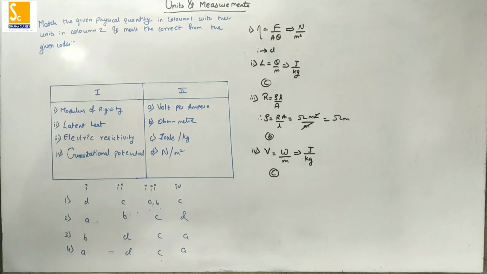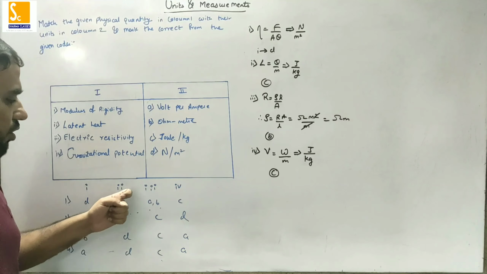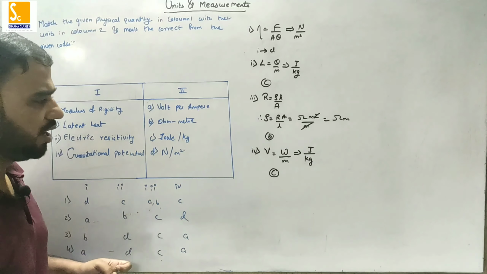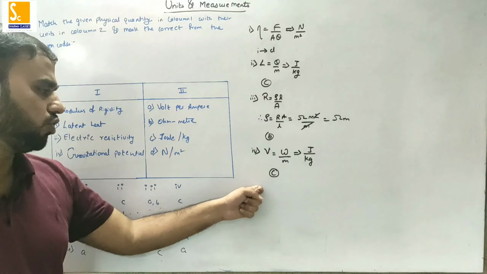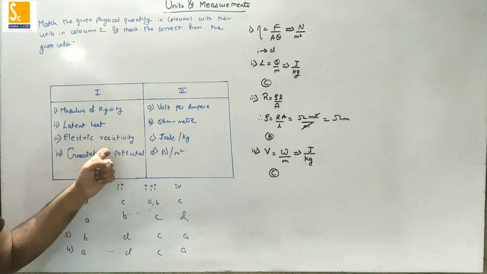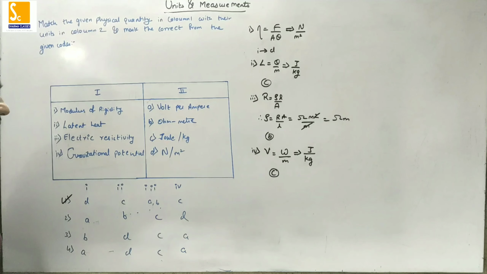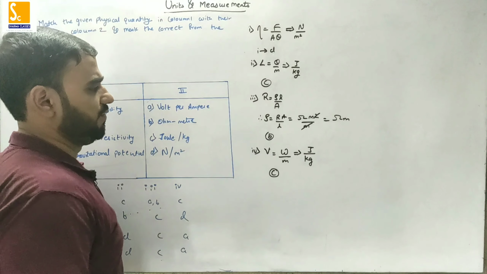Okay. Let's try to match the options. Option 1: D. For the second question it is C. For the third question it is A and B. Okay, B तो आ रहा है, हम A के लिए चेक जरूर करेंगे. फोर्थ के लिए C. तो ऑब्वियसली डेफिनेटली मेरा फर्स्ट ऑप्शन ही करेक्ट होगा. बट मैं यहाँ पर थर्ड फिजिकल क्वांटिटी जो इलेक्ट्रिक रेजिस्टिविटी है चेक करूंगा क्या वो A आ रहा है या नहीं आ रहा है.